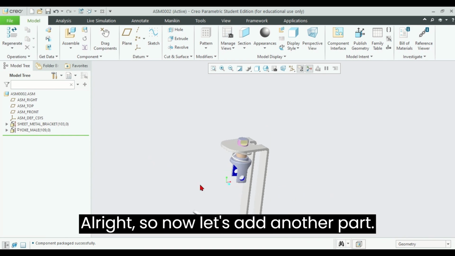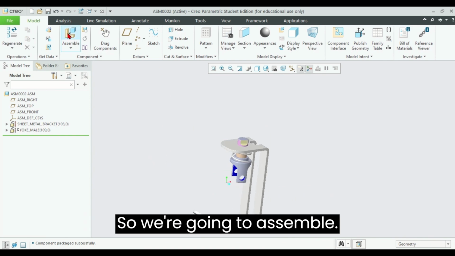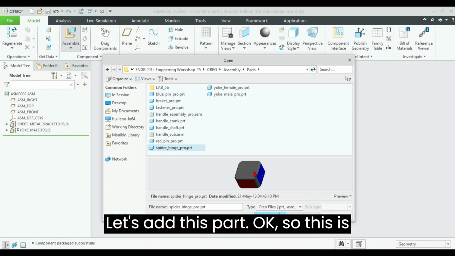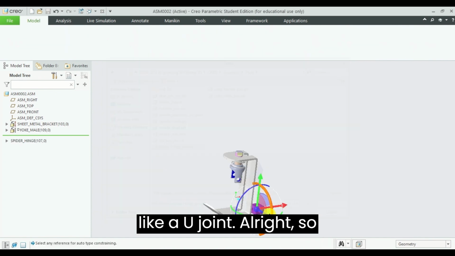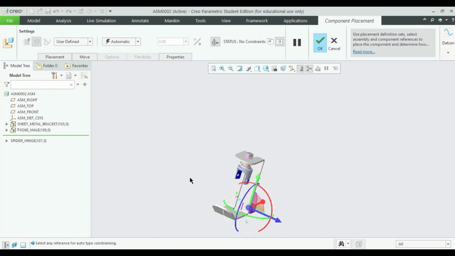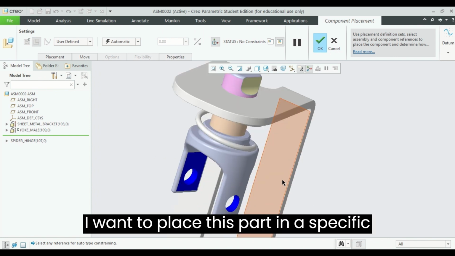All right, so now let's add another part. So we're going to assemble. Let's add this part. Okay, so this is like a U joint. All right, so I'm just going to hit OK right now because I want to place this part in a specific